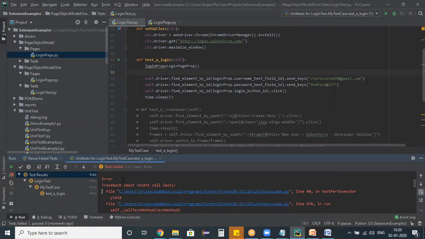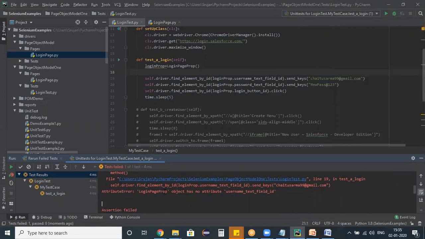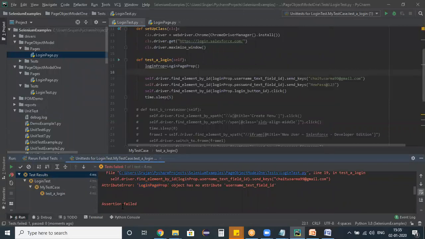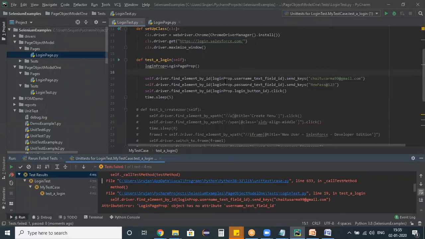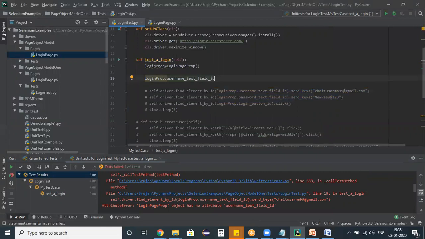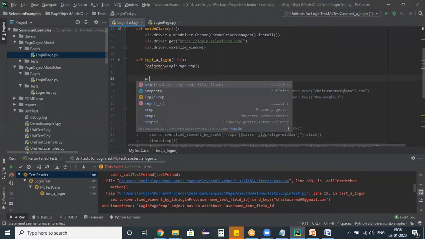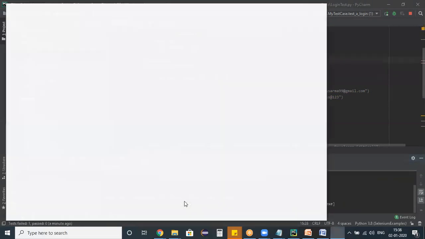Let me view the traceback, there is an issue. Self.driver login page data properties: login page object has no attribute username text field. Attribute error. So it's trying to access it, but it's failing here. Okay, so what I want to do right now is comment these three lines first of all. Login page, let me try to print this info